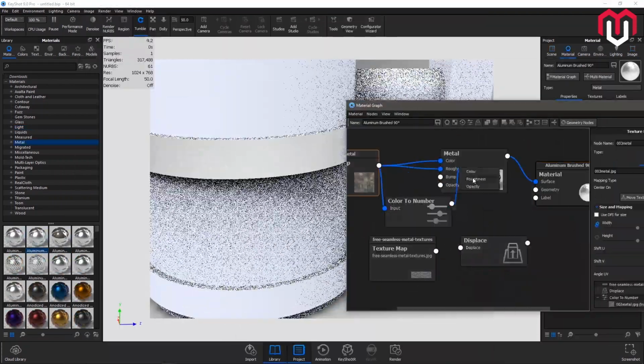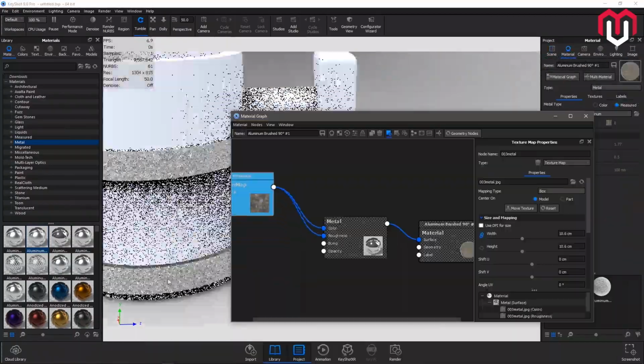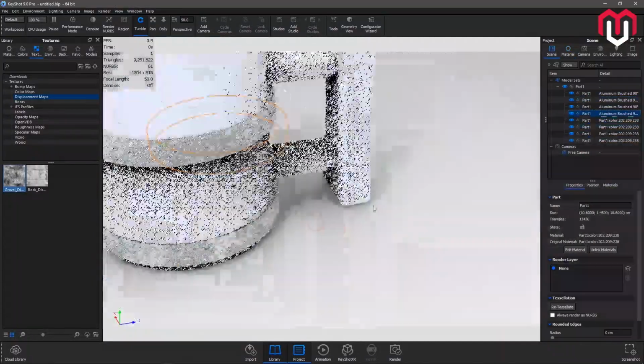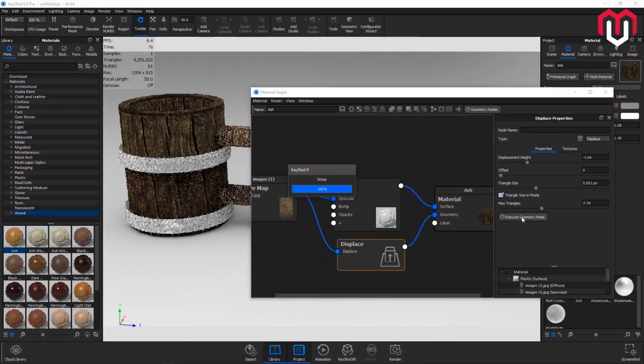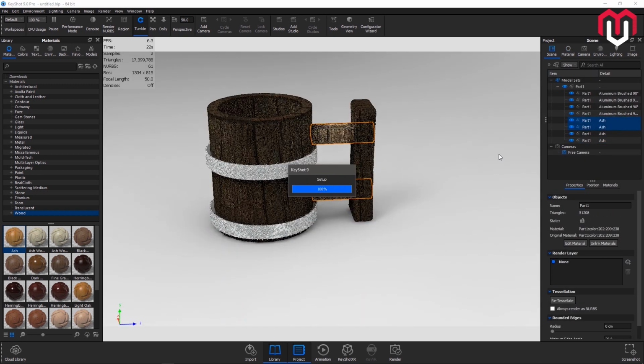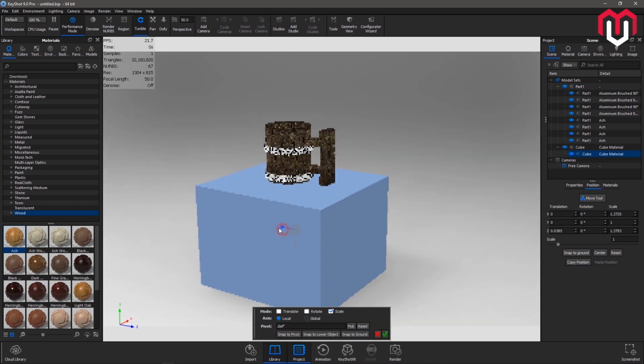In the last video we have covered the basic material and their parameters. Go check that video first if you have not seen that video. There are many material parameters which I have explained in the last video. I won't be explaining them here. I will put up a link for basic material in the description. I will cover only parameters here.